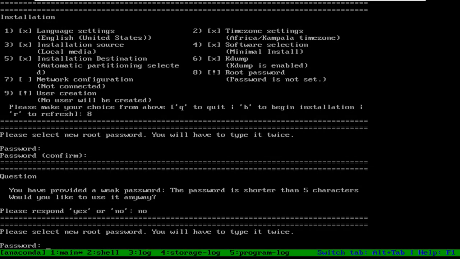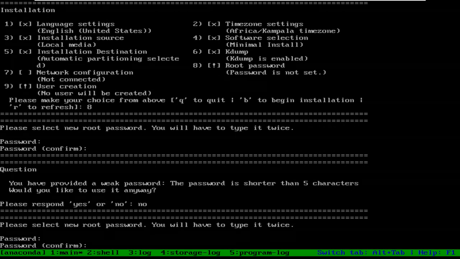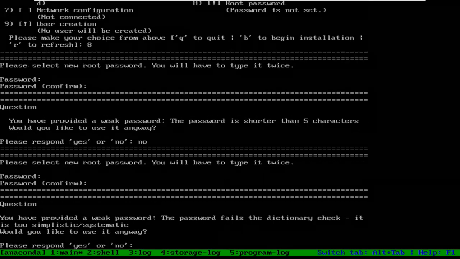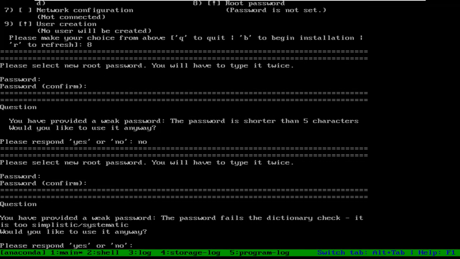So ABC@123. Now this is complex with numbers and characters and special characters. A, B, C at 1, 2, 3. What? It is again saying the same thing. Now what is it saying here? You have provided a weak password. The password fails the dictionary check and it is too simplistic and systematic.